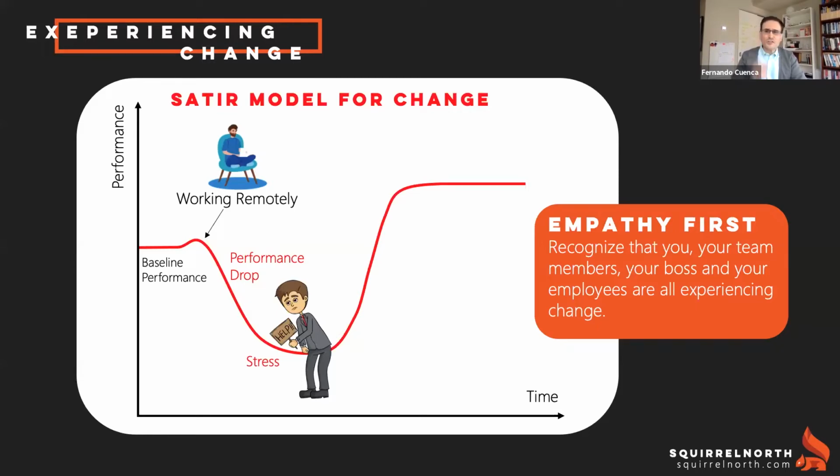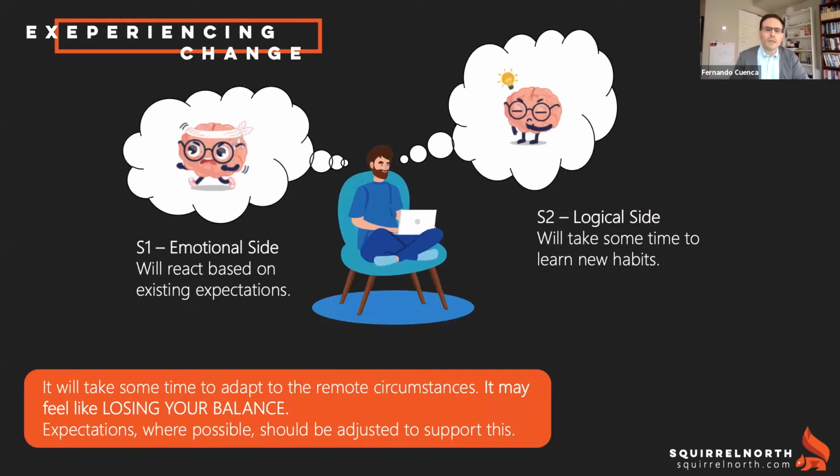Now, we also know that this is the logical and reasoned reaction to this situation, but it's definitely not the only one. There are other models. So here's another one. What this other model tells us is that this initial reaction probably is not going to be logical and reasoned, but it's going to be an emotional reaction. It's guided by what we call our system 1, our emotional side. Our system 2, our logical side, that follows,